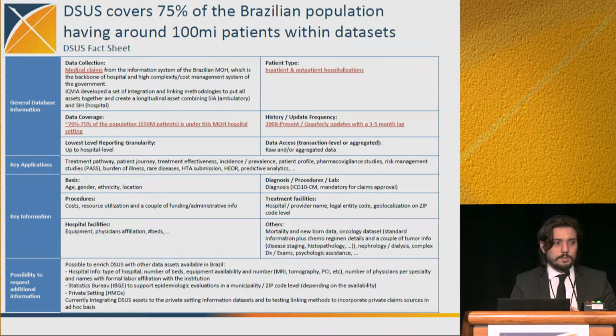Just as a matter of fact, what's the size? We have around 100 million patients there, 10 years of information. This is very large. Claims data, hospital admissions data. There's a common table of procedures that you're going to translate to the CDM. It starts from 2008 on. There's data before, but it's not in an integrated format. So we have about 10 years of data, about 100 million patients there. They can be tracked. This is longitudinal.